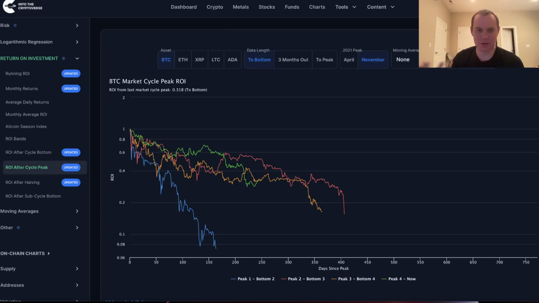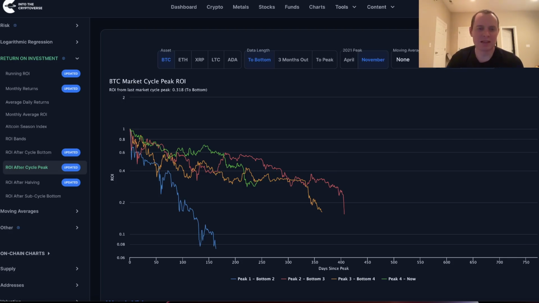Technically, of course, it was a double peak, but from the perspective of a lot of other macro metrics that have been developed over the years, the risk metric that I use, things like the MVRV Z-score, even the Pi Cycle Top, a lot of indicators really suggested that 64K was a more important peak than 69K from a euphoria, a mania perspective. So why not measure the bear market from that point? We're going to do that.